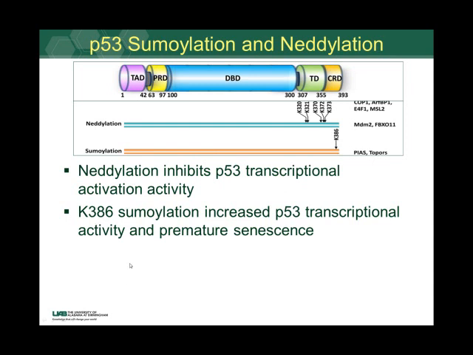However, the sumoylation of the single lysine residue 386 will actually increase the activity of p53. In fact, the increase is so tremendous that it will actually lead to premature cell senescence. So the activity is not just increased to a proper level, it is increased so much so that it actually leads to abnormal or premature cell